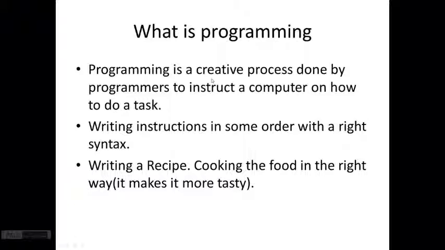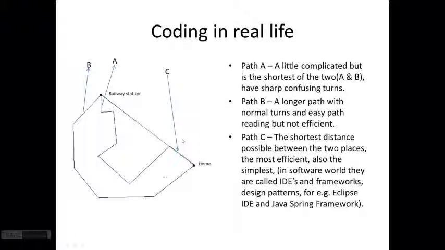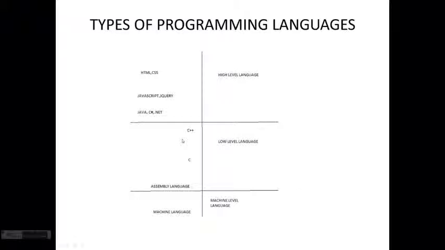And of paths A and B, path B is the simplest one. You're writing code following the normal coding techniques, and the code is large and not that effective, it's slow. So that's path B. And path A is when you're making code, you're not commenting the code, and you are not describing the variables in a proper way, and that is a very confusing thing in programming. So that is what programming is all about. It's following your creative process in a more defined way. So path C in this diagram is the better way to do coding.